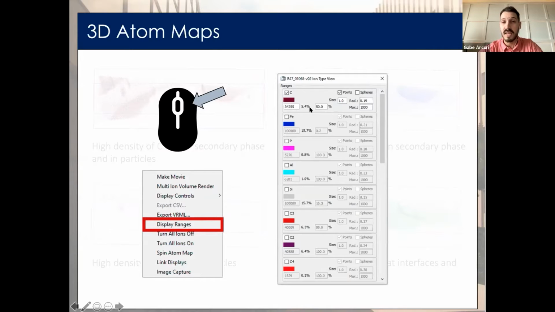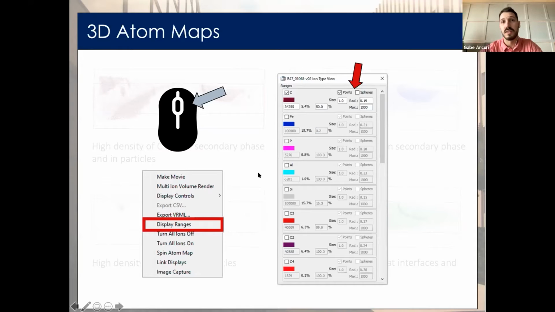You can also set the percent or the number of ranged ions that you want to be displayed in your 3D image. Once you have that shown, you can select how you want them to be displayed, either by points or by spheres. Then we can adjust their sizes as well as set the max number of spheres you want displayed. So there's lots of options to show our data in this point cloud.